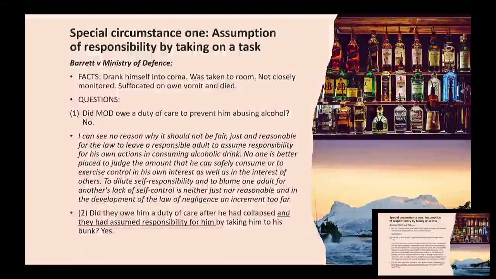They didn't sight him every few minutes. Because it's a situation of employment, so this was a naval base, it's likely that the commanding officer would have been bound to assume responsibility for him in accordance with the principle that employers owe a duty to take reasonable care of employees who are taken sick or injured at work. Okay, so they probably had a duty to intervene. They couldn't have just left him, and to take reasonable care in doing so.